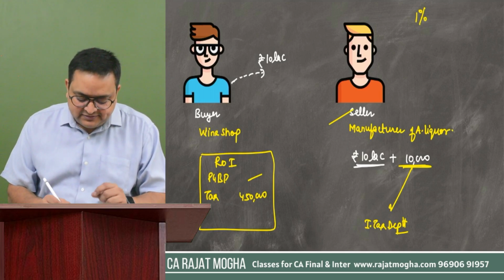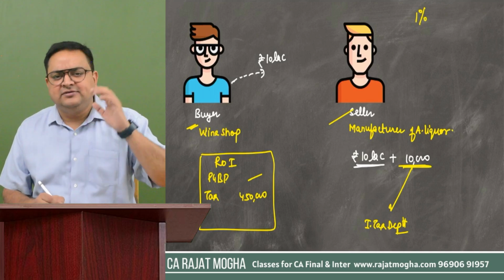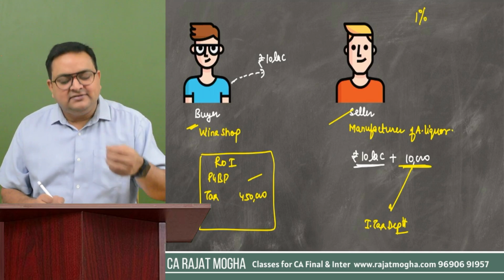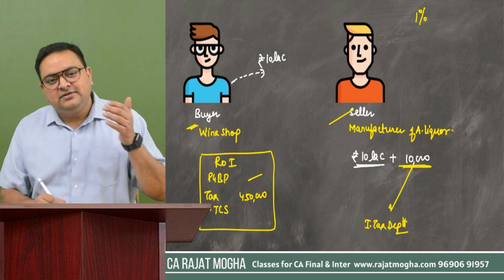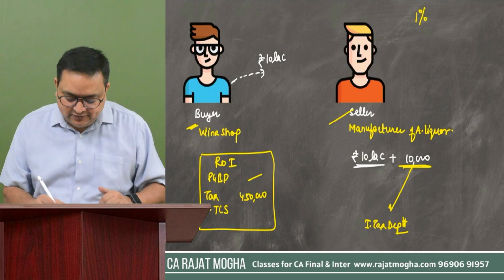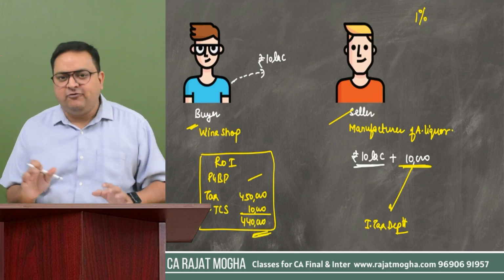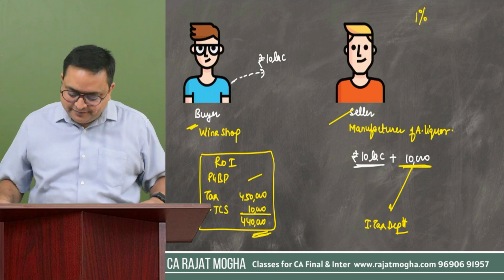So this buyer, whenever he will be furnishing the return, he will be showing his PGBP income or any other income from wherever he is earning the income. Let's say his tax liability is 4.5 lakh. So he will be getting the credit of TCS also. The same way we used to get a credit of TDS, the same way we get the credit of TCS also. So 10,000 rupees has already been deposited, so you have to pay the remaining amount only. Tax payable is 4,40,000. Simple concept, almost similar to TDS, correct?